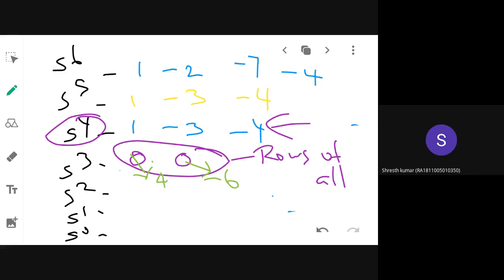Yes, ma'am. Ma'am, in the case of s squared, will there also be a 0 row? No, only one 0 in s. 2 and minus 3 you will get if you are continually forming the Routh array. You will be getting 4 into minus 3, so that will be minus 12 plus 6 divided by 4. Okay, ma'am. After replacing 4 and minus 6, then we make the determinant. Yes, I will tell you.